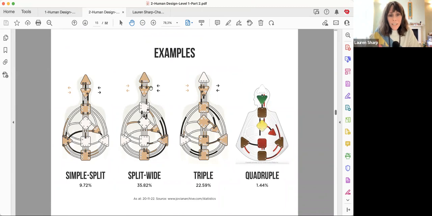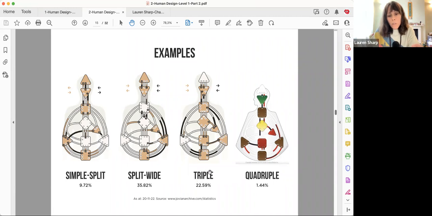You can see the head and the ajna, and then all this happening on the other side of the chart: the solar plexus, the heart, the root. There's such a separation there. It has to jump quite far to connect back with that flow. Then triple. I didn't have a quadruple client, so I pulled the data from Jovian to show you what that would look like. One can spend time looking at the slides by yourself, going through them and contemplating them, but especially for learning, it's quite a thing.